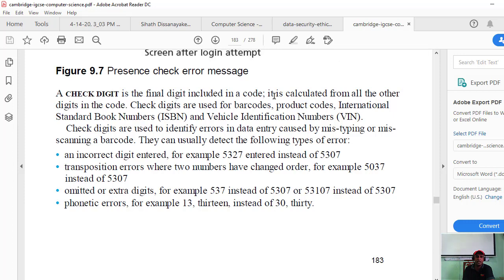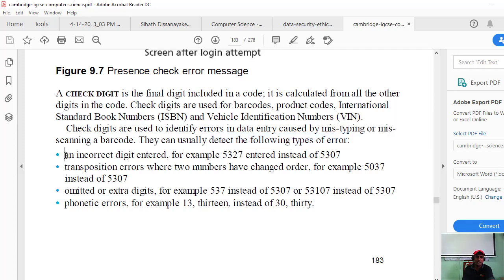A check digit is the final digit included in the code. We know that. It is calculated from all the other digits in the code. Check digits are used for barcodes, product codes, International Standard Book Numbers (ISBN), and VIN, vehicle identification numbers. Check digits are used to identify errors in data entry caused by mistyping or mis-scanning a barcode. They can usually detect the following types of errors.